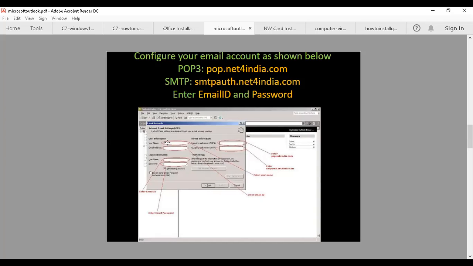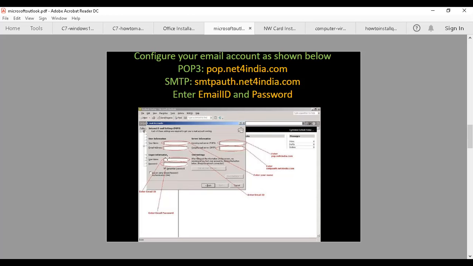This dialog box appears. Here you need to enter your name, in the sense the username of the person who is using that particular email ID. Below the name, you need to enter the email address. If it is hr@xyz.com, then here you need to enter the name, whether it is HR or the exact person who is using that email. The HR mail ID will be used by multiple HR team members, so you can just write HR here also.